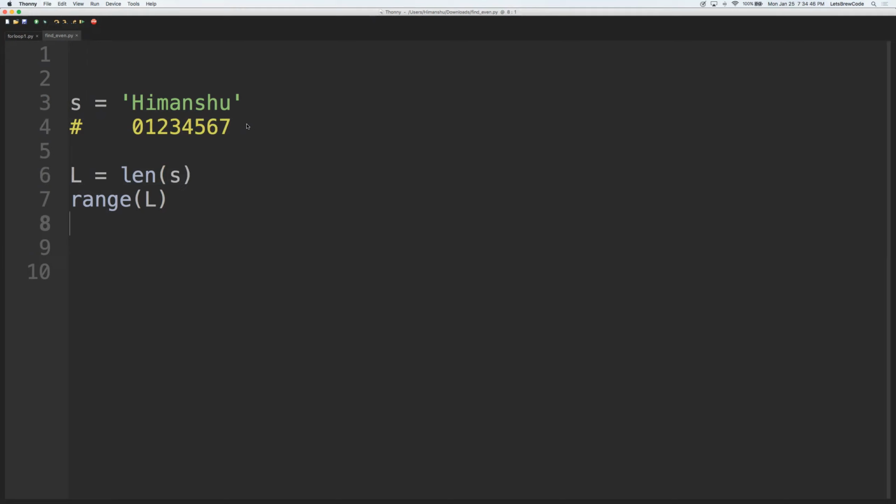Yeah, the length is going to be 8. So this will give you a range object from 0 to 8, which is 0, 1, 2, 3, 4, 5, 6, and 7. So if I say for x in range,